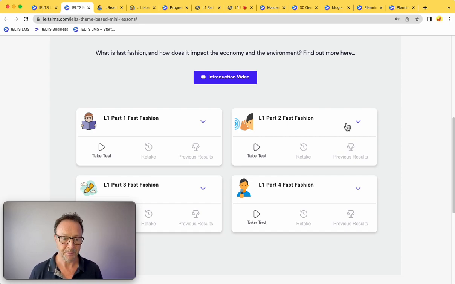Then you set the reading and the listening for homework, for asynchronous, for times when they're not with you. The way IELTS LMS works is great for doing this because the reading and listening are auto-graded. The students can do it at a time which suits them, and they can get scored and they can look at their answers and see whether they were right or wrong, and the location data and that sort of stuff. On these questions,